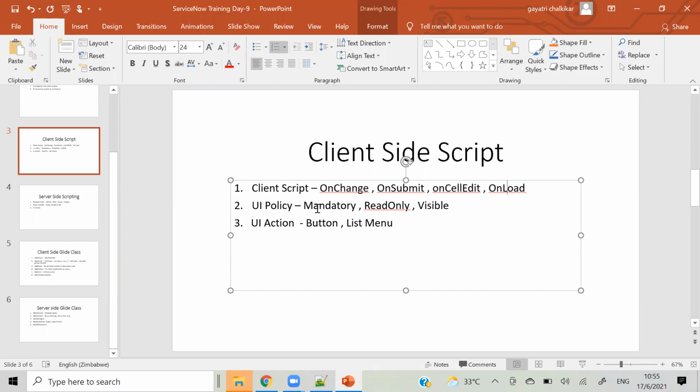One more thing: we can make a field mandatory from JavaScript, we can make it read only, and we can make it visible true or false using JavaScript, so check that too. We can do these three actions using script and without script also, but have knowledge of script also. So just go through this.